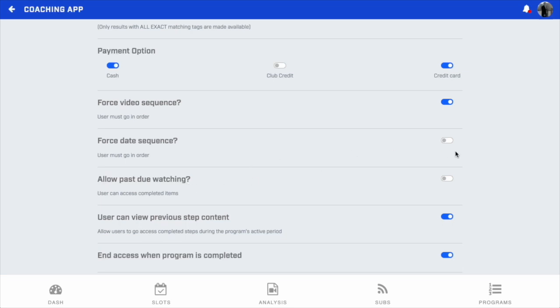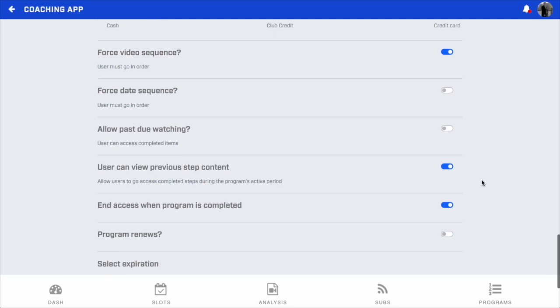If you want to force date sequence but still allow them to watch a day that they missed, you can turn on past due watching, and that allows them to watch a day that they happen to miss on a forced date sequence day-based program. The user can view previous step content: once they've completed a step and marked it as complete, by default they cannot go back and watch it again. However, you can turn on this option and it'll allow them to go back and watch the previous step and